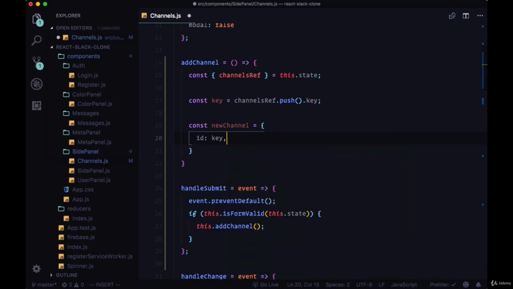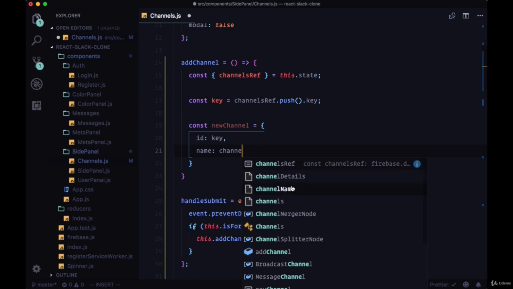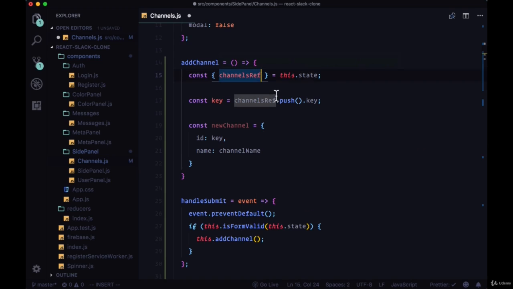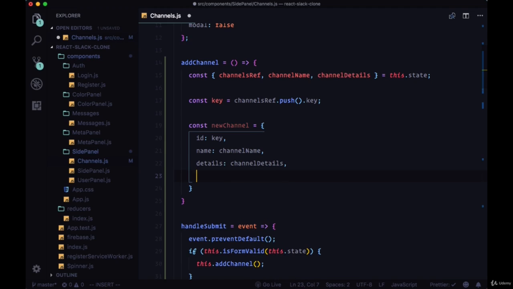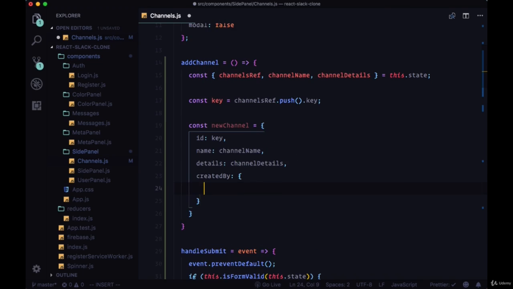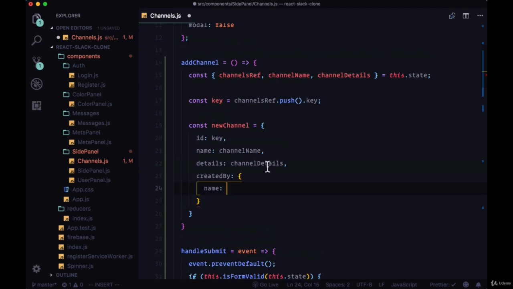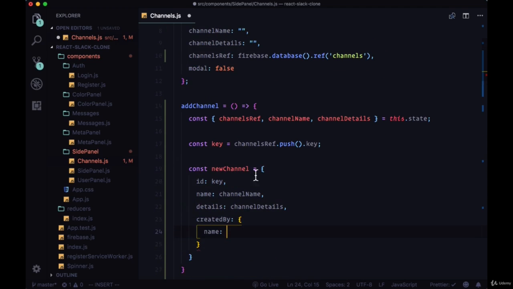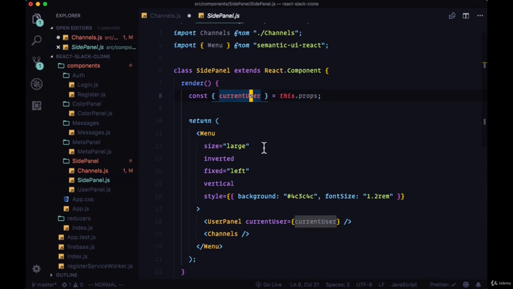We'll create a new object called newChannel, where we'll set the ID of it to key, the key variable. The name will be channel name, so we'll destructure that from state. And we'll also destructure channel details for our details property. Then we have our created by object, which includes the user name as well as the avatar of the user that created this channel. So to get this information, we need to pass the current user prop